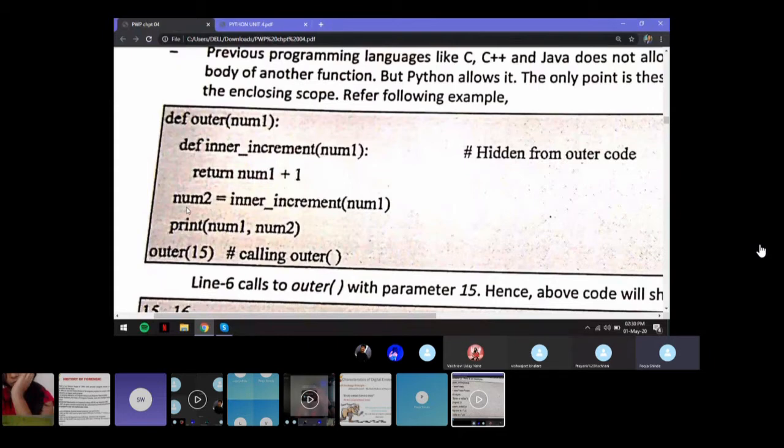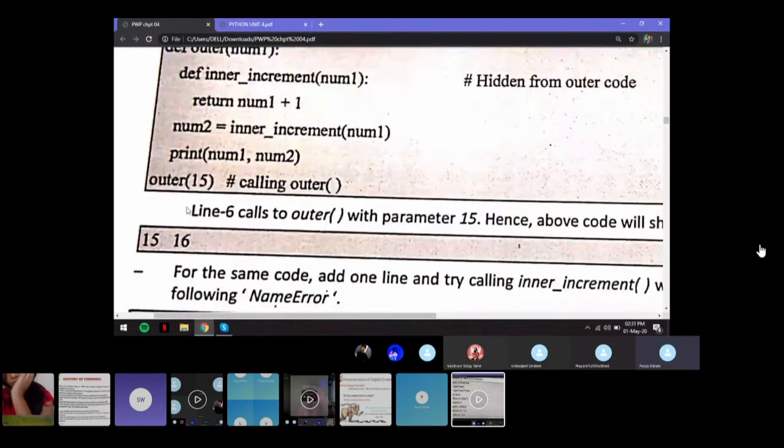So basically what you're doing is you have an outer function. Now you want the inner function to do some other task, but it is still related to the outer function. So it's kind of like a main program, and inside that you're making a small method. So similarly, next.